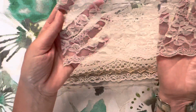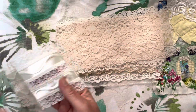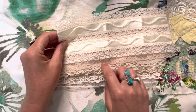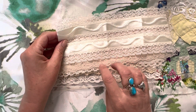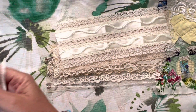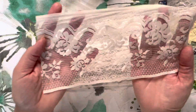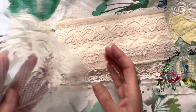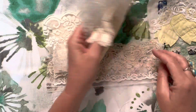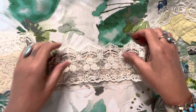Here's one. I tend to go for the creams and the tea dye. This is not as cream. This is a cream. It's not pure white, but it's not as tea colored as this. And I tend to like the tea colored, although the white ones are great for dyeing. You can dye them any color you want, and they seem to take it. These are my favorites. This one,